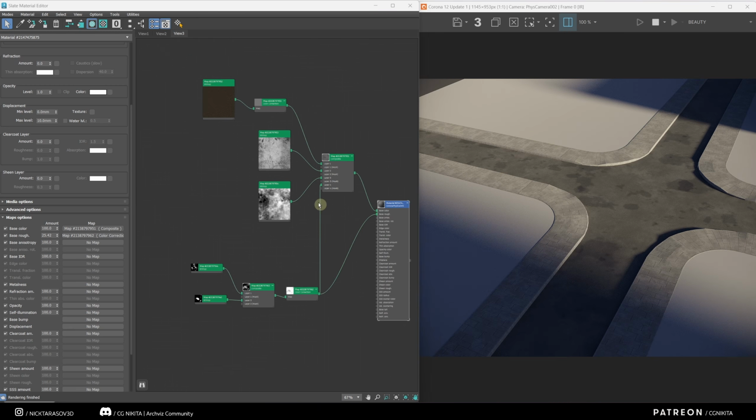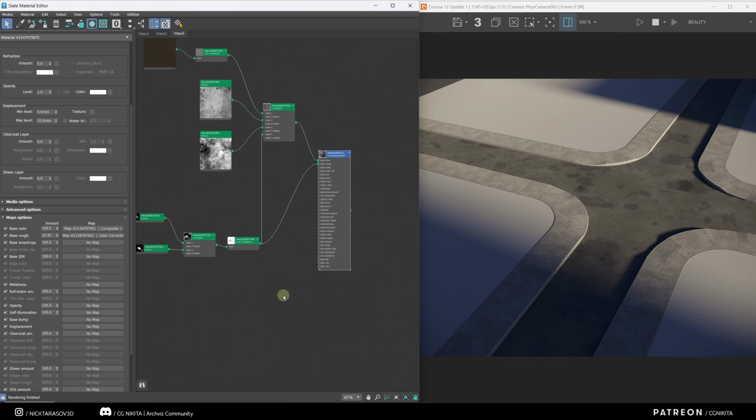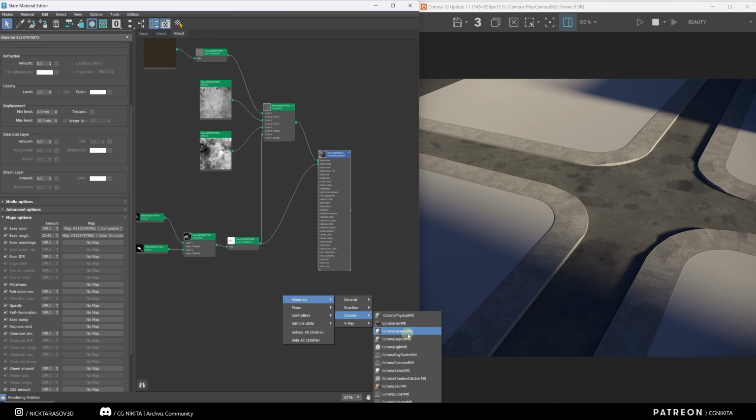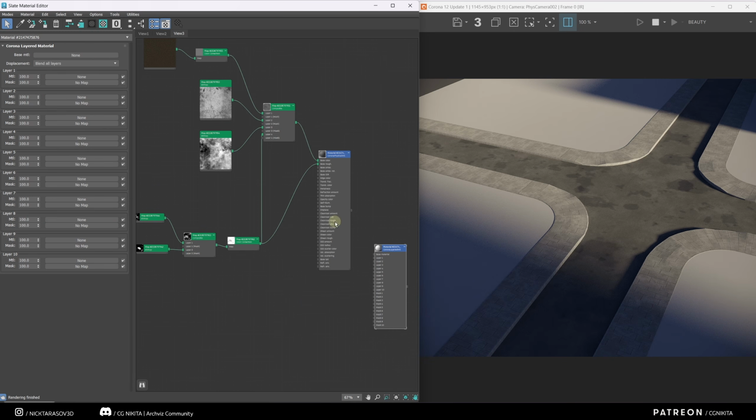Then, I need to create a new layer in my material, representing water with higher reflection in puddle areas. For this, I create a new Corona layered MTL. This material allows blending different materials using black and white masks. I apply our previous asphalt material to the base slot,